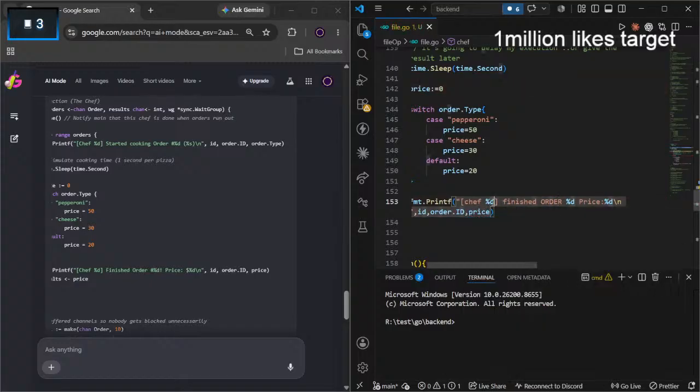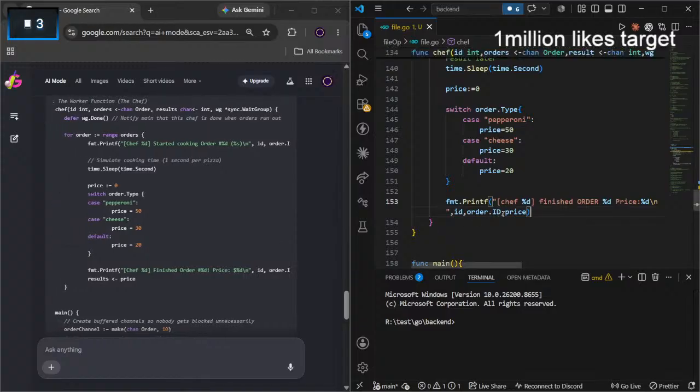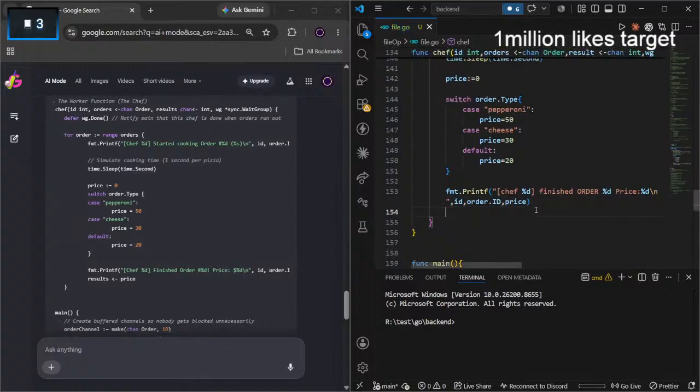First one is my ID of the chef, second is my order ID, third is my price, and what the result was, I forgot. Oh yeah, we are passing the value now. Result, not result, price.